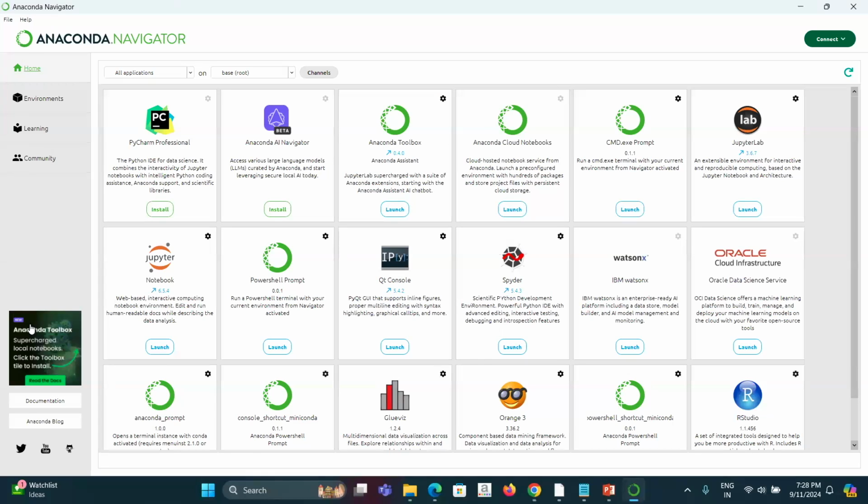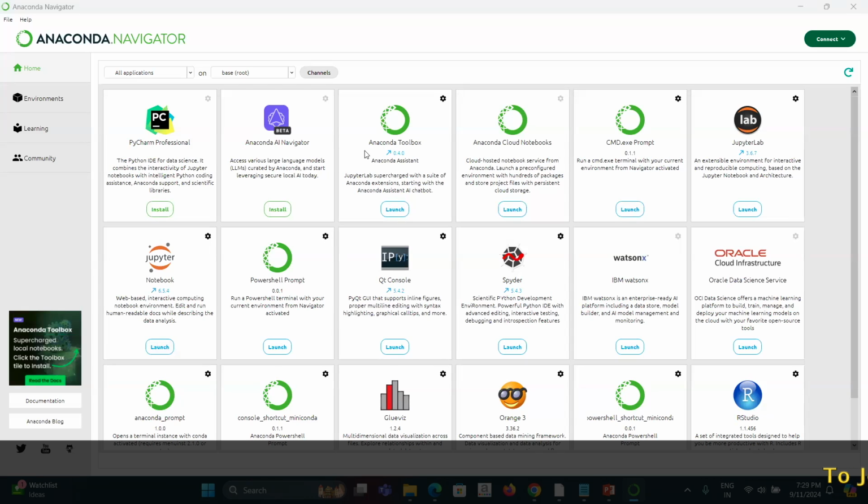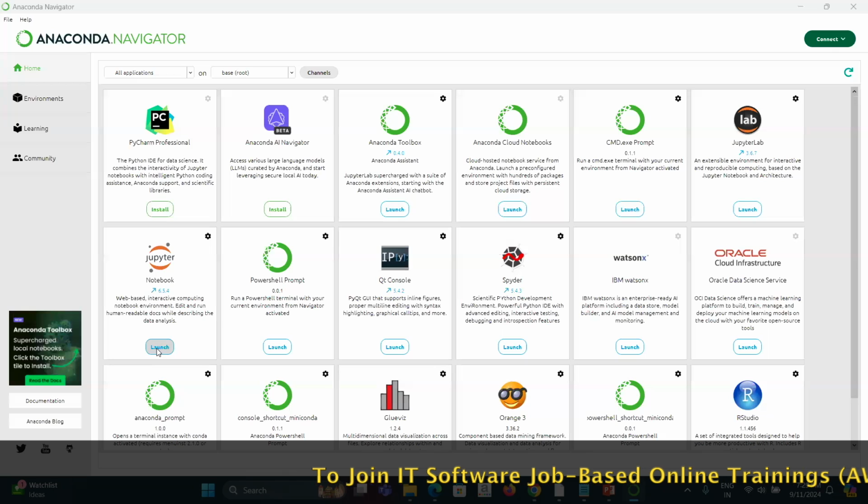It will open up this navigator. You have a lot of other inbuilt libraries and tools. You can also use it for other programming languages, like RStudio, which is inbuilt. There are other environments and GUIs available that you can use. But for the purpose of this course, we'll be using the Jupyter Notebook, so I will be focusing only on that. You can continue to use the others for your explorations.